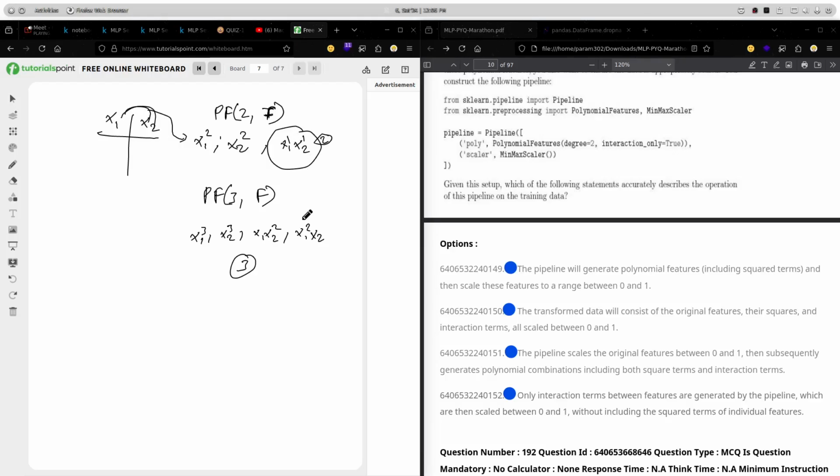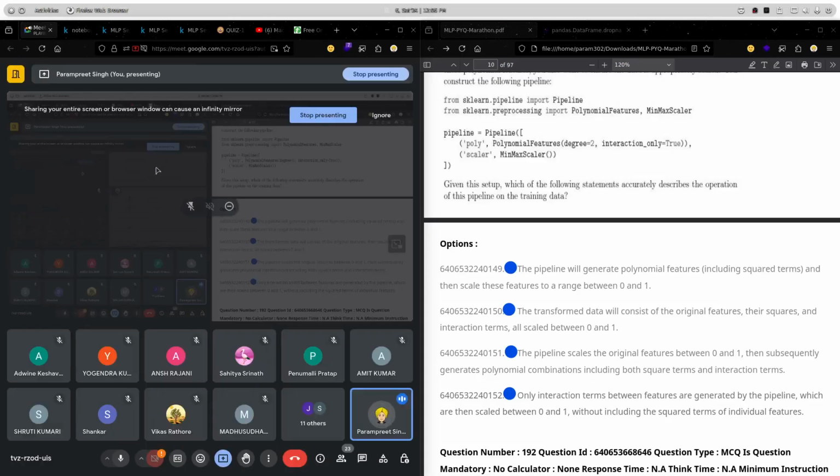That is this, and here we have this. Okay, this is for interaction only true. So this only you have to just remember, the features who are interacting with each other, wahi select honge. So here we have interaction only true, so the first option is incorrect. Of course, transform data will consist of the original feature, their square, and interaction.